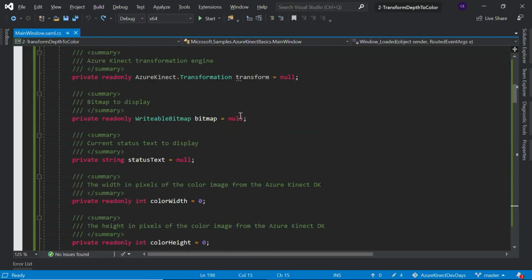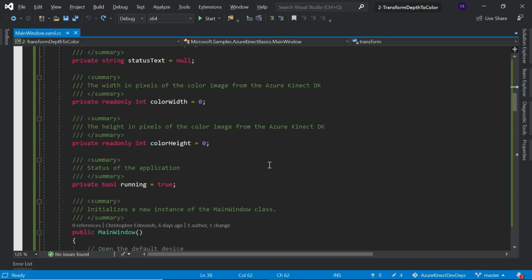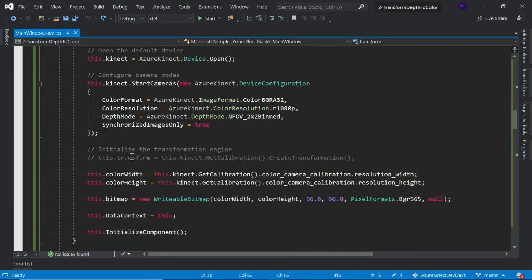All right, so we're going to instantiate here our Azure Kinect transformation, set that to null, and then we will instantiate it here using this.connect.getCalibration, so we're getting the calibration for our device, and then we're creating a transformation from it. So this means that the transformation is dependent upon the calibration, and the calibration is dependent actually on the configuration